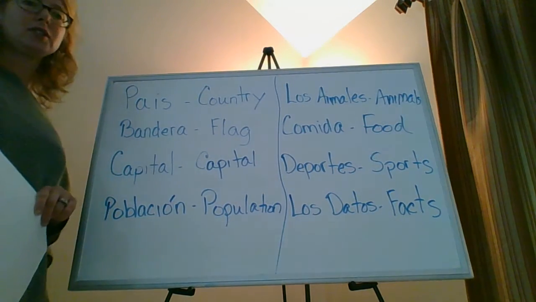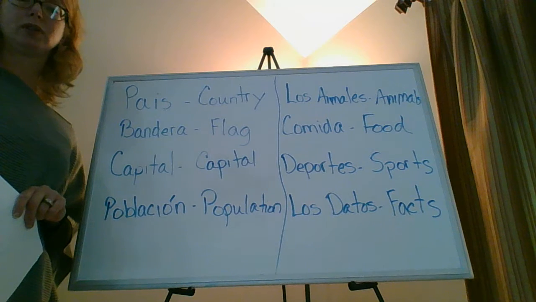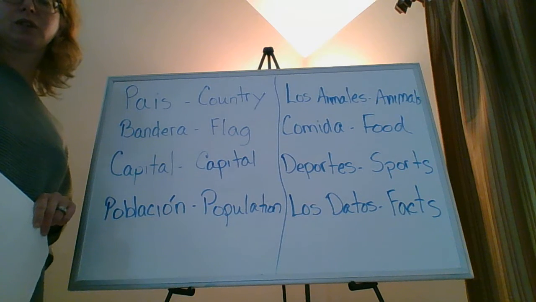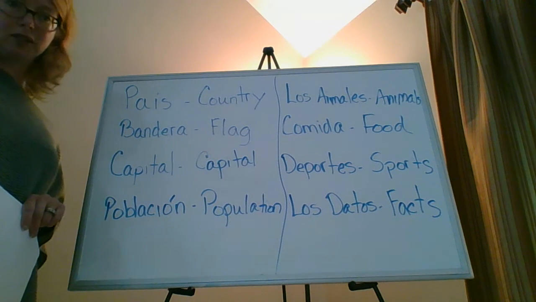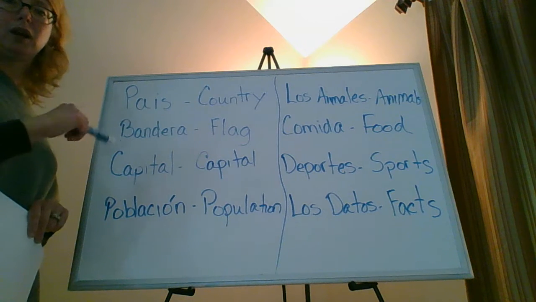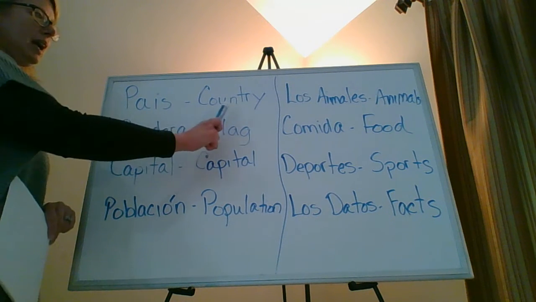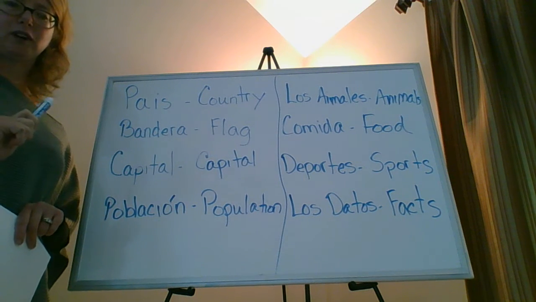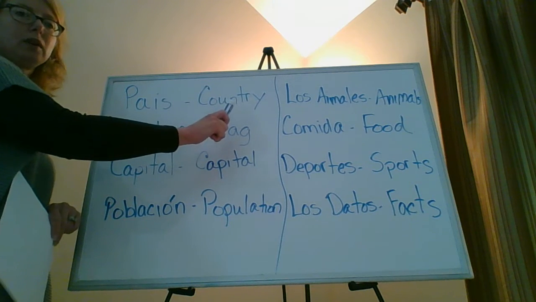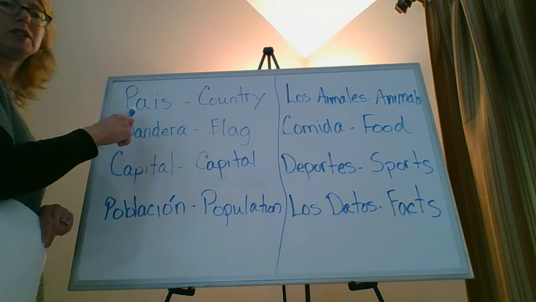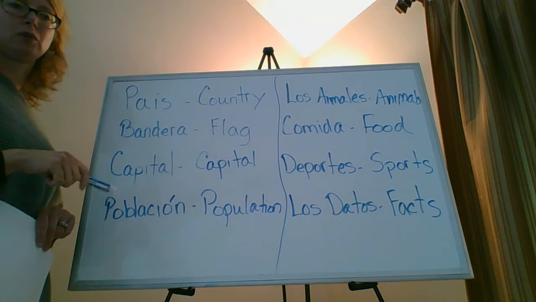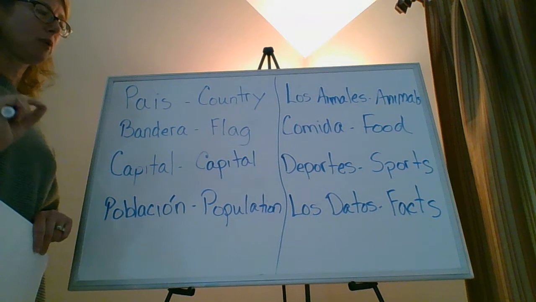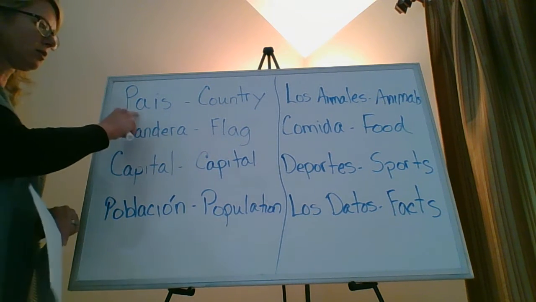So the first thing that you're going to need to do before you can start to put together your country research project is you have to have labels for each of the main topics that we researched. All right, so on my whiteboard, I wrote down the Spanish word and then what the English meaning is. Now, on your final project, I don't necessarily need the English word, okay? I just want you to have these Spanish labels, and I'm going to show you a couple different ways that you can label your project. But for right now, I'm going to have you pause my video because I want you to write down these